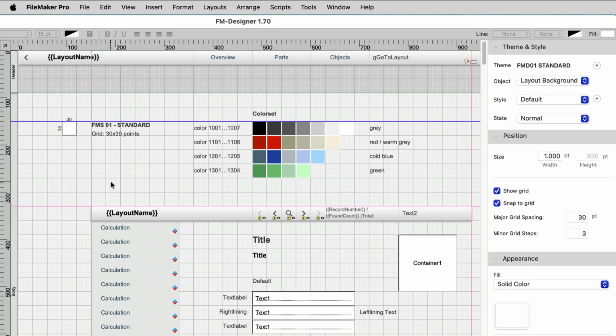So these are 10 themes and each comes with its own color set and some basic settings, but that is another video and that's another product. But it's true for almost any of our solutions that we use the grid and extensive themes to come to the result we can present as a good product. So this is essential knowledge for any FileMaker developer who wants to improve his design.